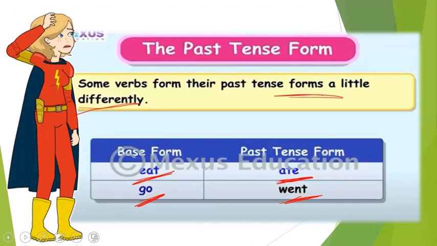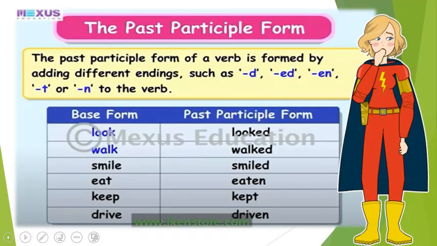And they are also called irregular verbs because they are not following the rules. That is why they are called irregular verbs. Now, another form of verb is the past participle form. The past participle form of a verb is formed by adding different endings such as d, ed, en, t or n